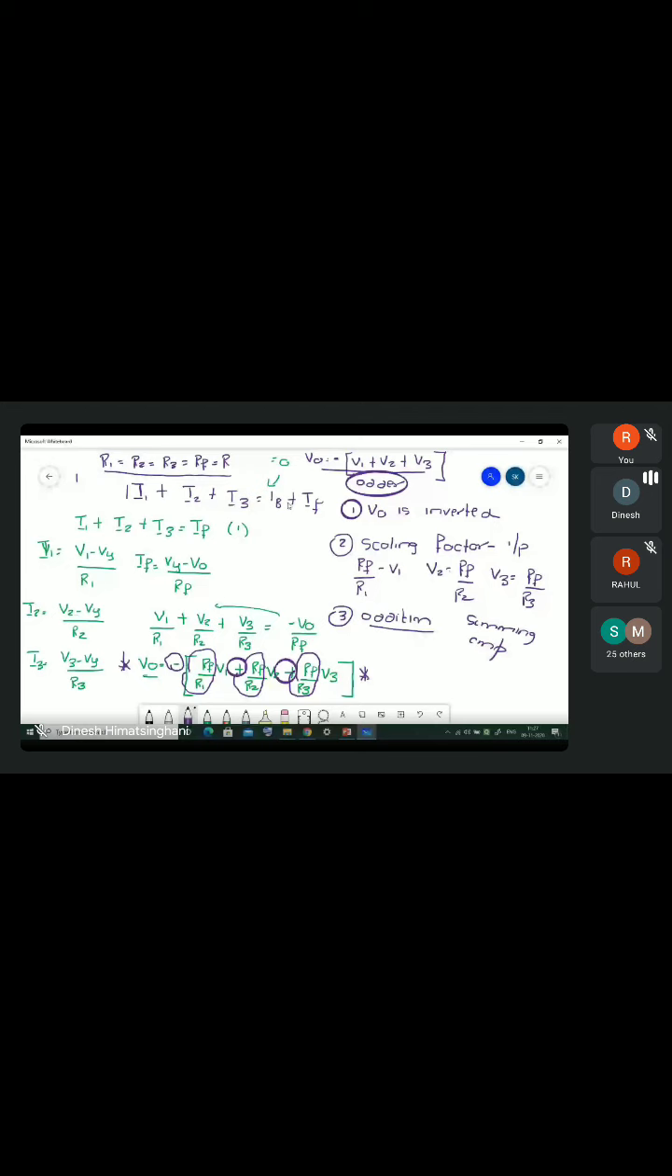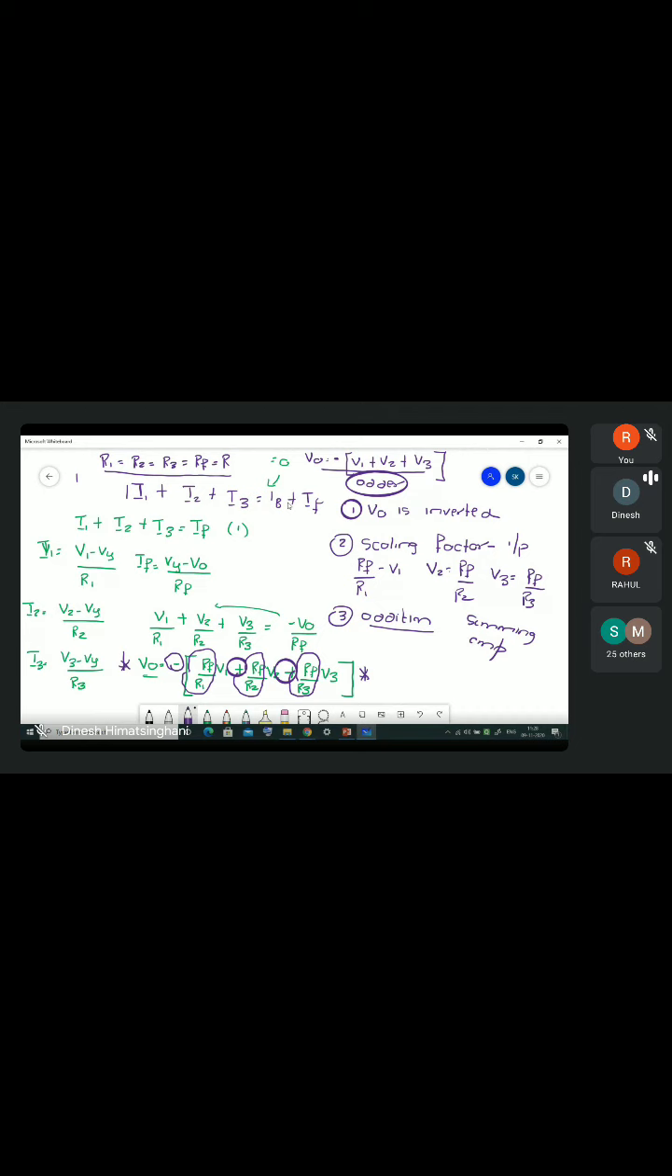IF is Vy minus V0 upon RF. What is I2? V2 minus Vy upon R2. Virtual ground, Vy 0, so V2 upon R2. Similarly, I3 is V3 upon R3. Look at IF, Vy 0 minus V0 upon RF. So current is expressed using Ohm's law in terms of voltages. Now, substitute I1 as V1 upon R1, I2 as V2 upon R2, I3 as V3 upon R3, and IF as